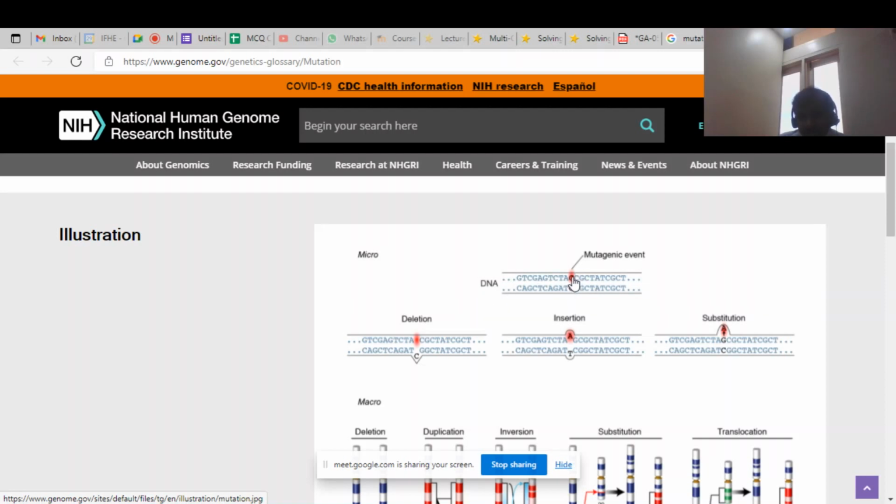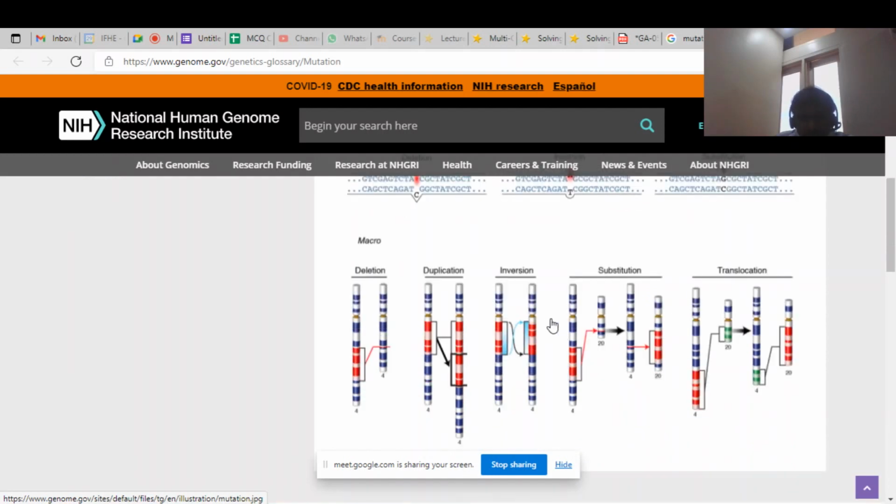So for example, one of the genes got deleted. This is the gene sequence. Say this character G got deleted, and also this G and C got deleted. The resultant chromosome you get is a mutated one, right? Or it may happen due to insertion. Here another gene is inserted from the external environment. So this is also a mutation. Or it may be substitution. See, this G is getting replaced with this A. So this is also an example of mutation.